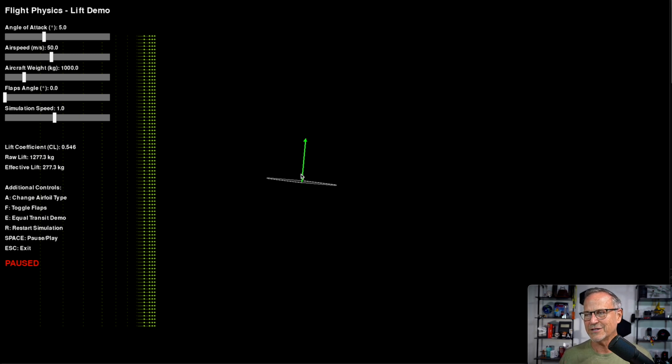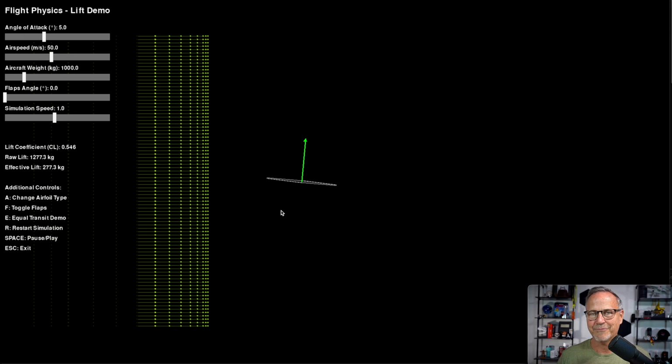It's a more efficient wing. You can make something fly with just a flat plane, so it will actually work. And so that's the number one thing that we need to look at here. The first thing I'm going to do is just show how even with a flat plane you